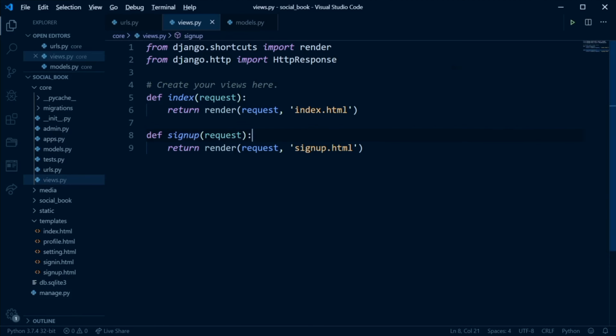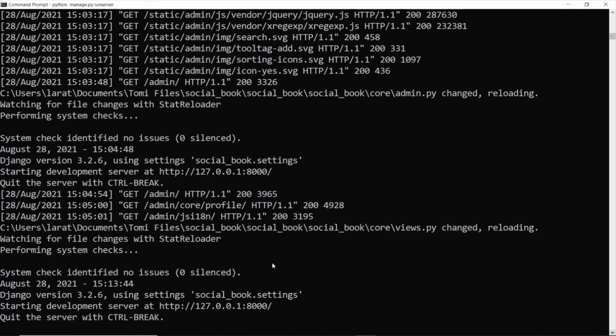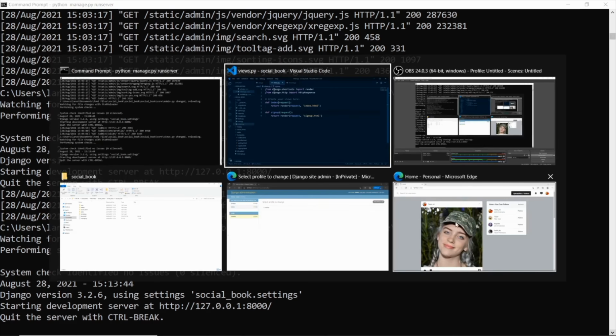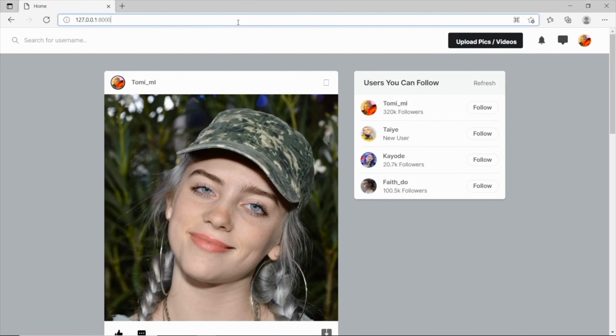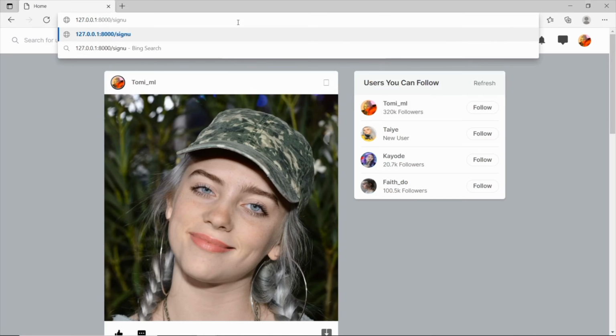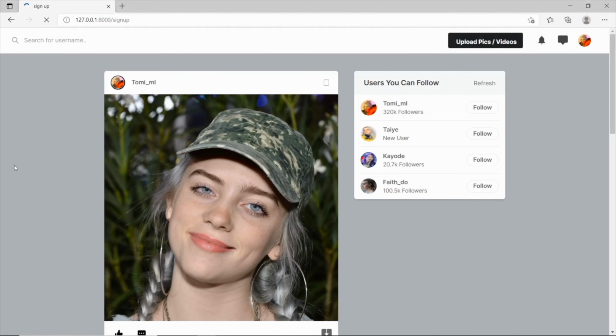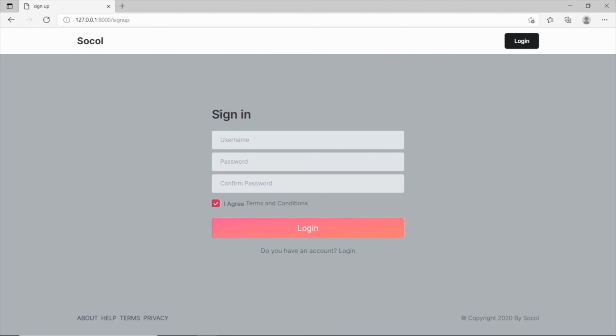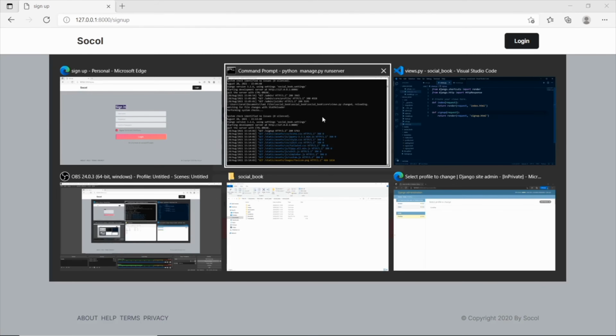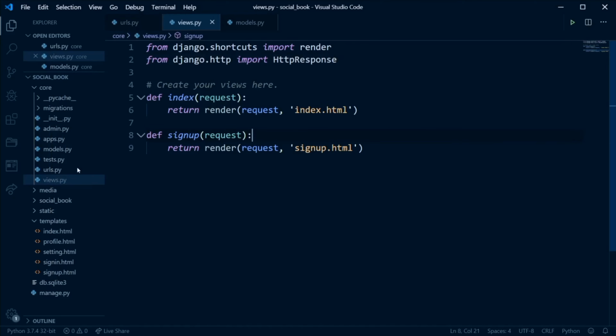First of all, as you can see right here, our website is running, so we can go test that out. Now let's go to /signup, enter. Good. So as you can see, our website is showing, and we are going to do some configurations. First of all, we want this to be sign up, want to change this to sign up, want to change this to Social Book, and maybe change the title. Let's go do that first. So we'll come back here, and then in signup.html,